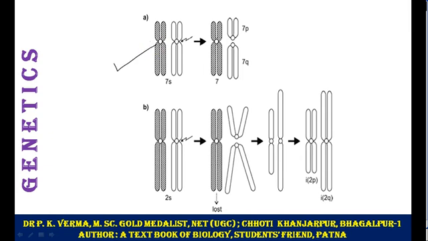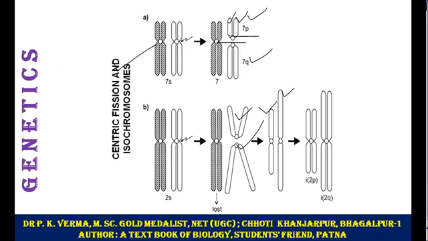Now see, these are a pair of chromosomes. The second chromosome divides at this place. Two chromosomes are formed. These are telocentric. But if these two identical chromatids move in opposite directions, see here and here, they can form two chromosomes with similar genes on both the arms, and that is isochromosome.